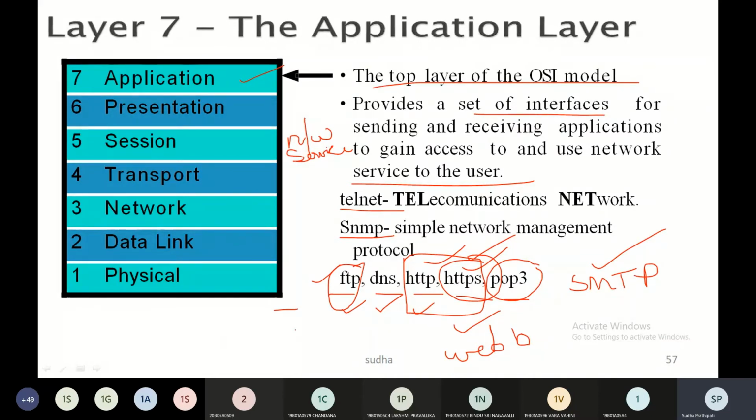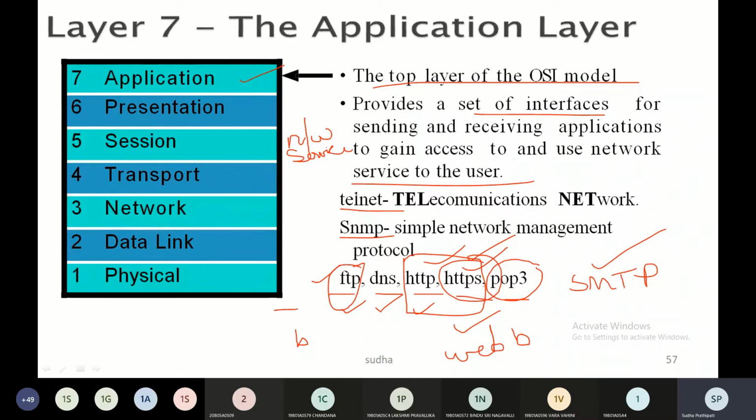Your browser will take these protocols from the application layer and use them. Take Telnet, which stands for telecommunication network: the tel from telecommunication and net from network, in short Telnet.